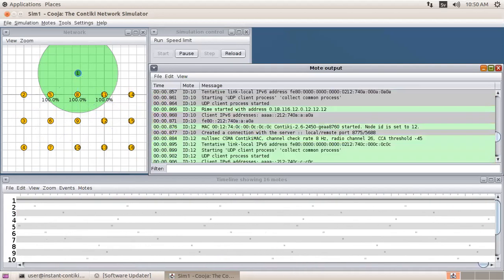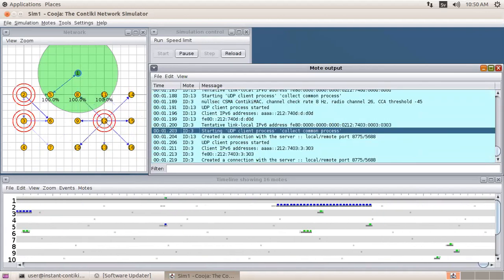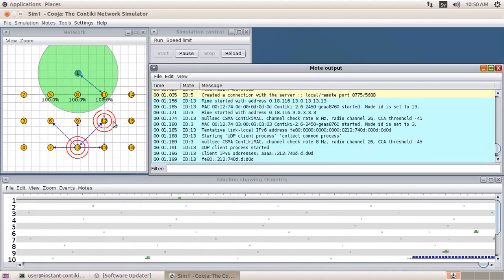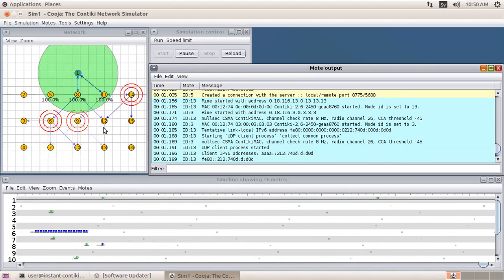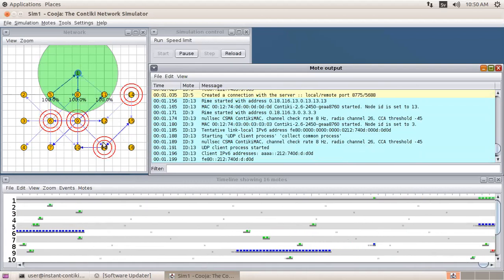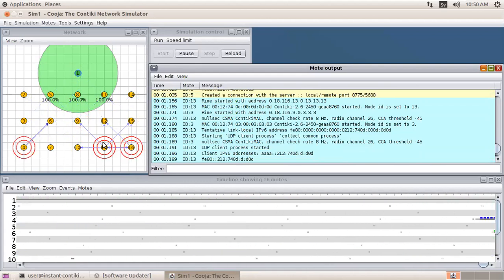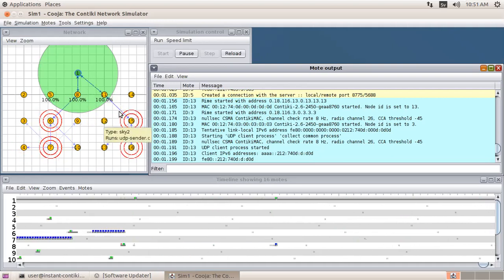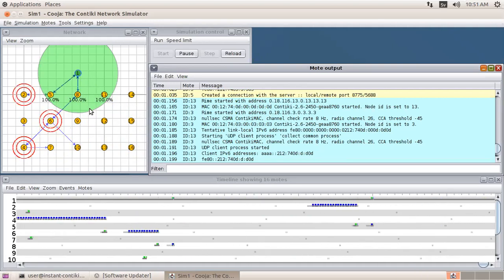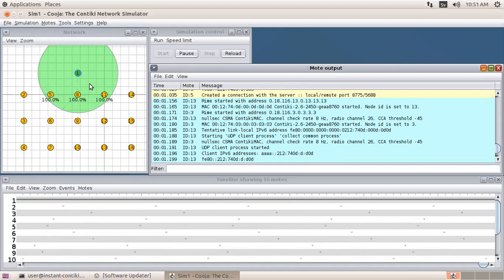In that manner, all the sensor nodes are establishing a connection with the neighbor node, or they can establish a connection directly to the sink, right? Those nodes which are near to the sink can easily connect directly to the sink, as you can see, right? And those who are far away, who are not in the transmission range of the sink, then there will be multi-hop routing, right? There will be routing which takes place through their neighbors, and through their neighbors they are able to reach. You can see over here, right? In this manner, this is going to be established.